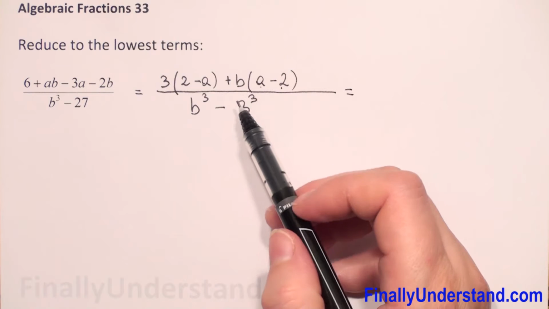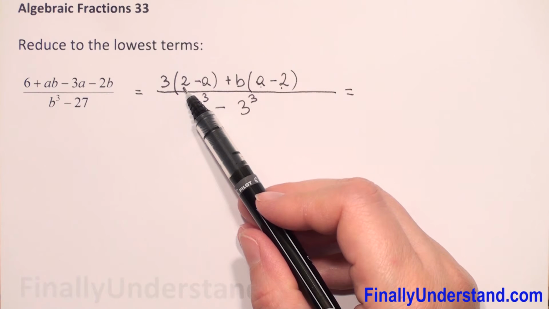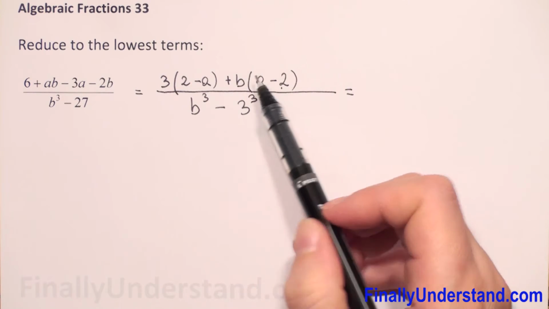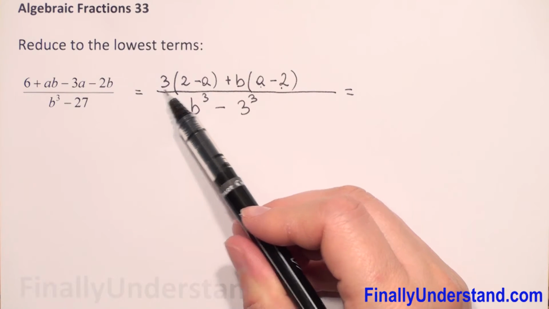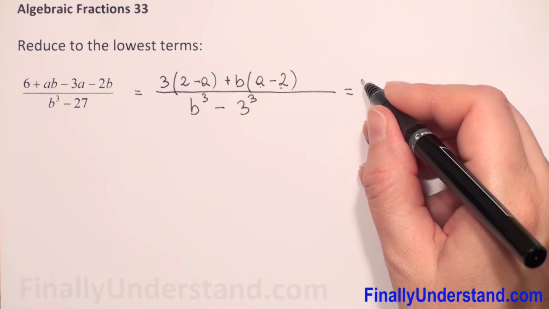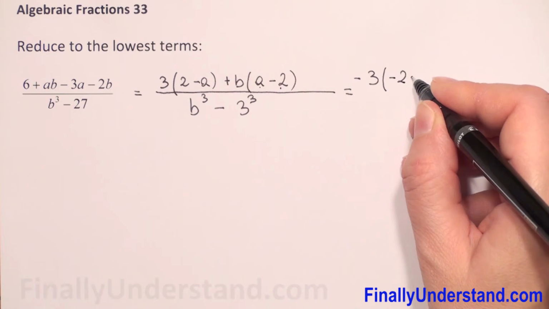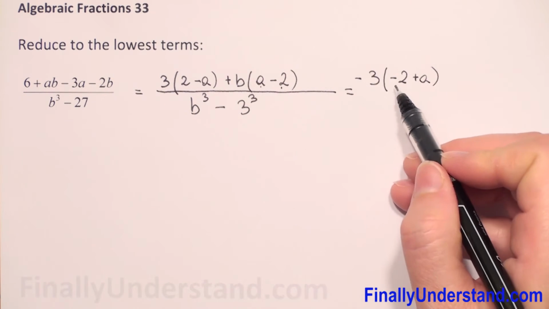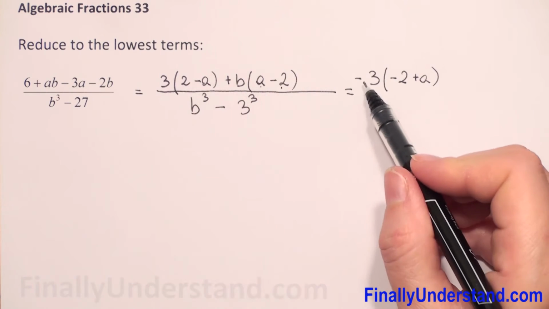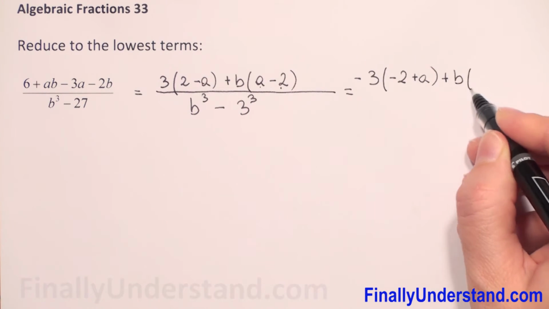What next? In the parentheses we have 2 minus a and a minus 2. Because we have positive 2 and negative a, and in the second parenthesis we have positive a and negative 2, so I will factorize a negative sign from the first parenthesis to get exactly the same expression as in the second parenthesis. So I will put a negative sign before 3, and in parentheses will be negative 2 plus a, because negative times negative gives me positive 2, and negative times positive a is negative a. So everything is correct, plus b times a minus 2,